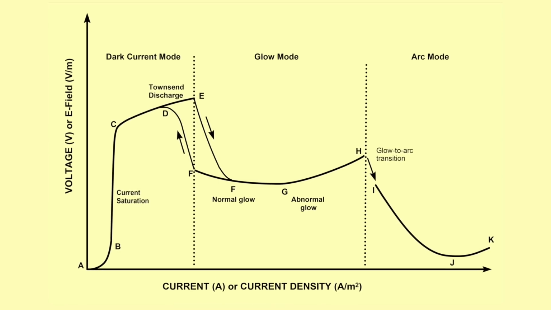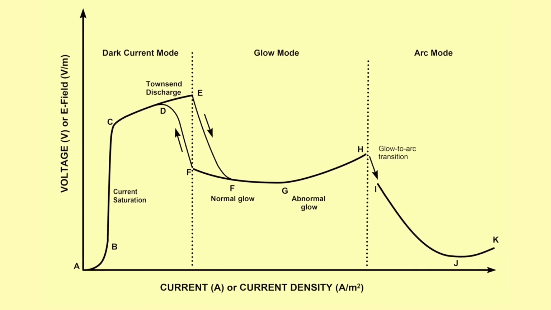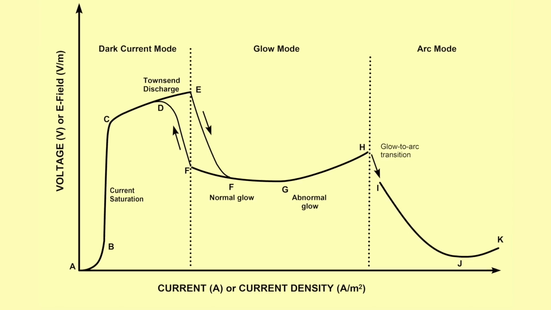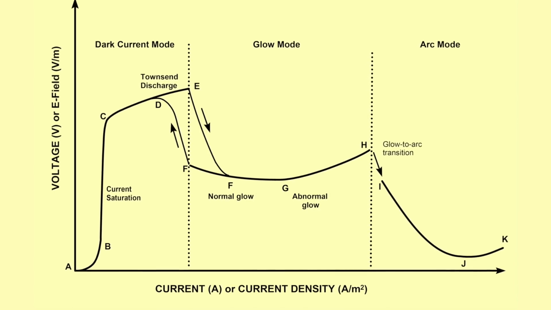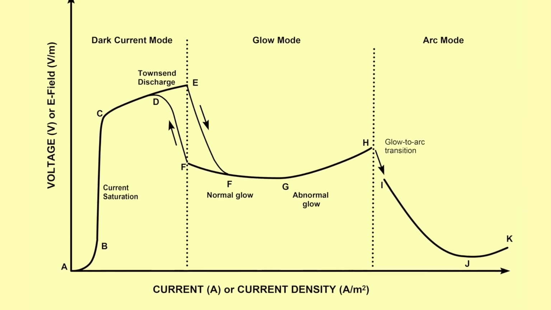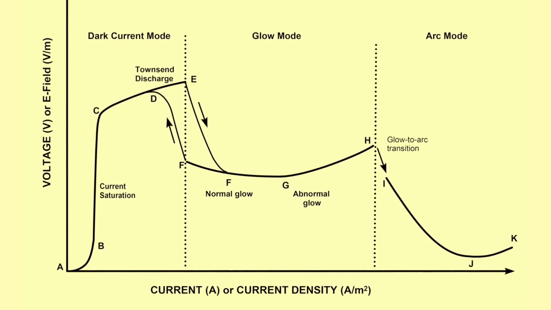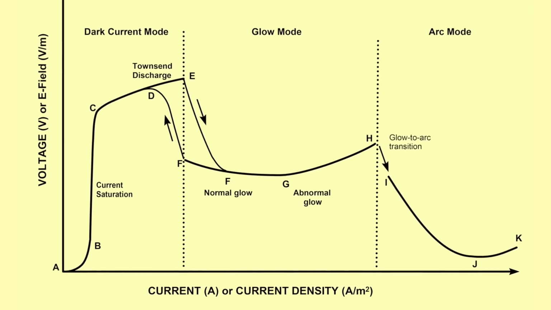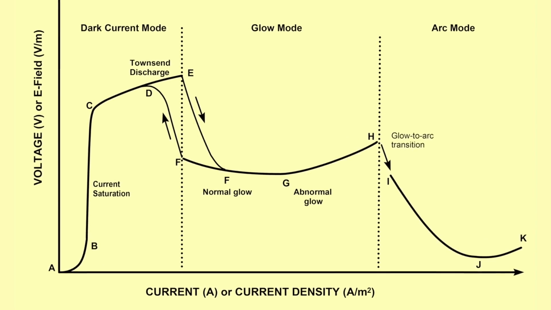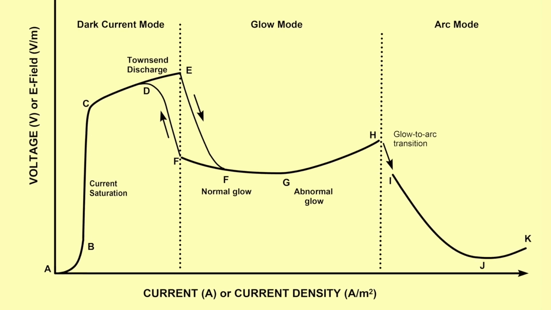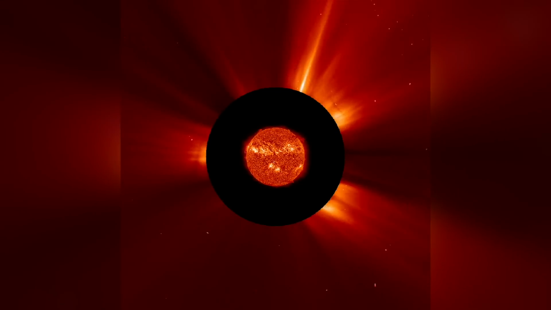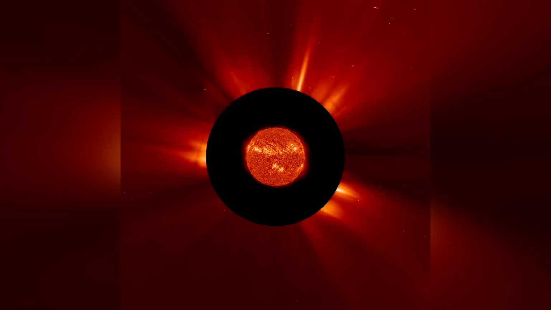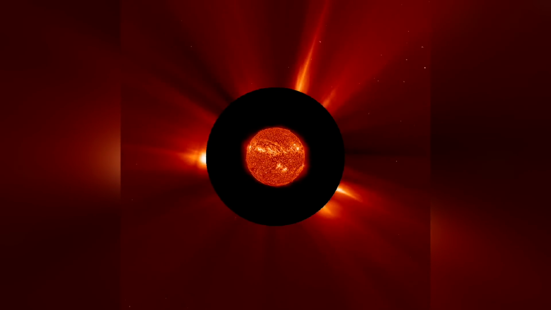Perhaps the single most important fact we learned in that first episode was that wherever the volt-ampere plot in this figure has a negative slope, that is to say, such as from points D to G and from H to J, when it goes from the upper left to the lower right, that's a negative slope, the plasma will try to form itself into filaments. So one thing we should keep a lookout for now is anywhere in the solar plasma that it forms filaments.